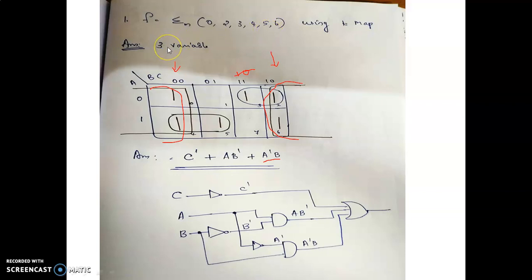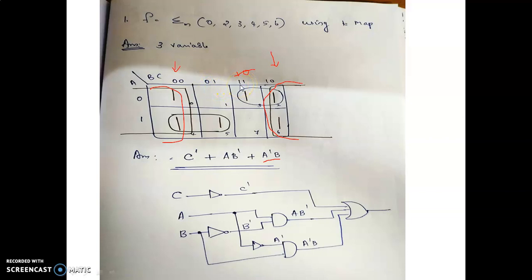So we are going to represent 3 variables in the K-map like this. A, and the next 2 variables are BC. A can take the values 0 and 1. Now the BC values that we are going to represent are 0, 0. BC can be 0, 0, 0, 1. Now keep in mind, this is 1, 1. The next cell which is adjacent to this cell is 1, 1, not 1, 0.